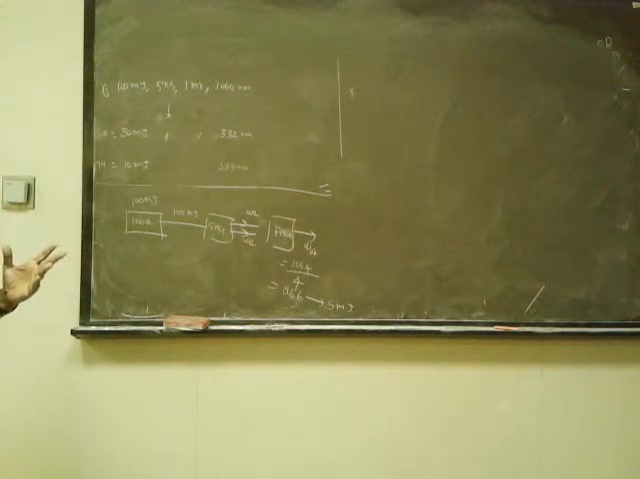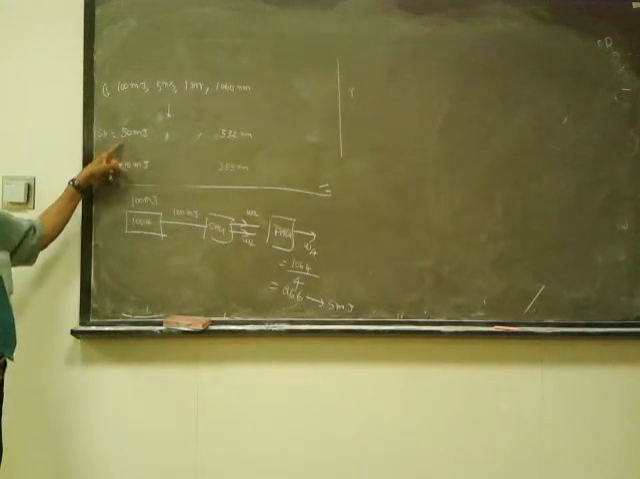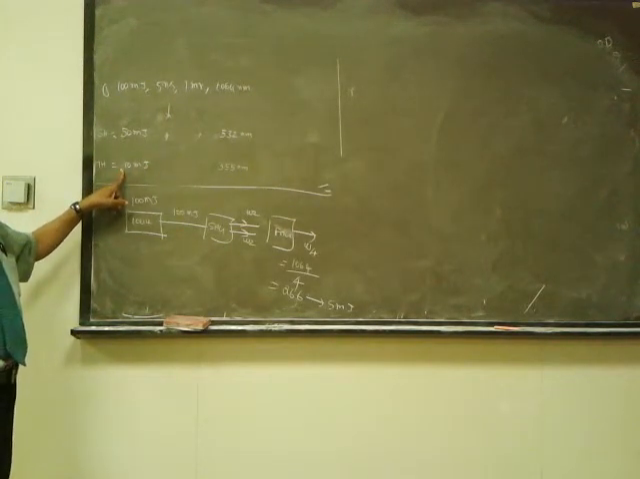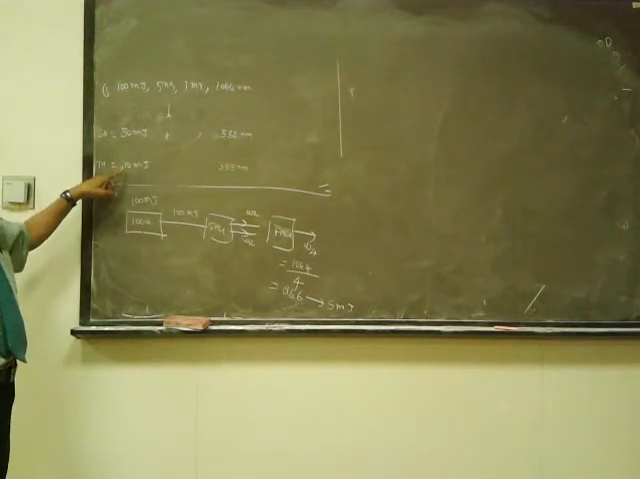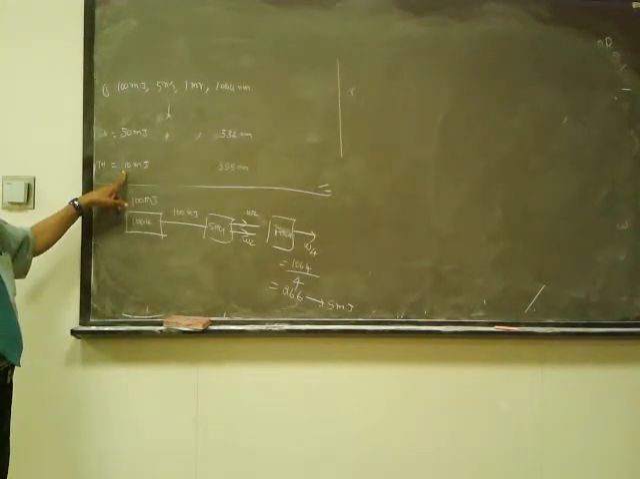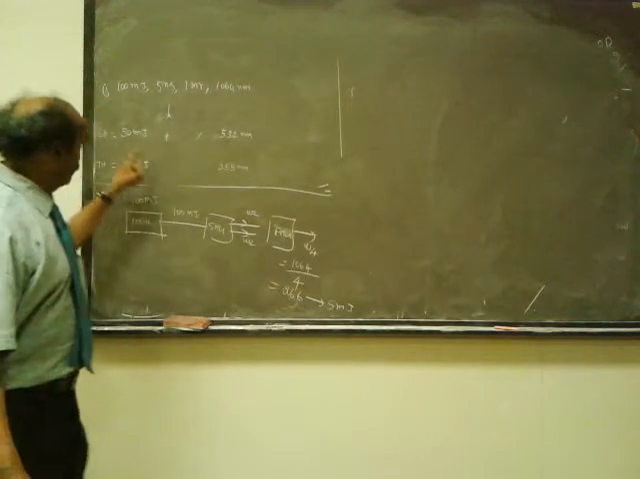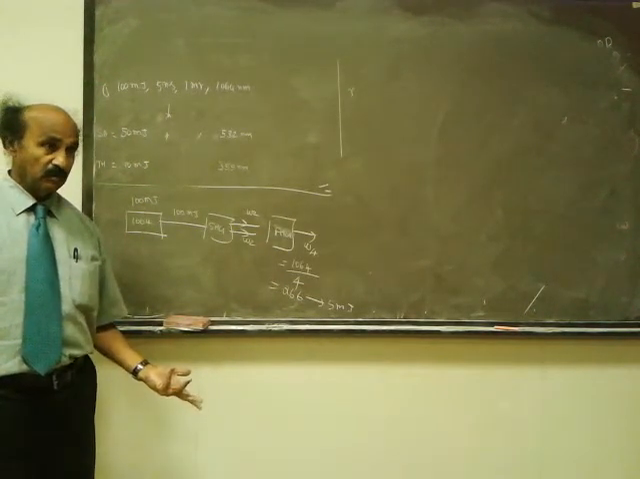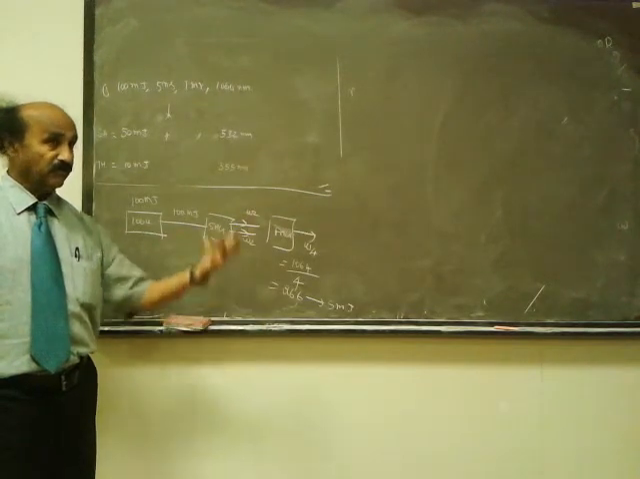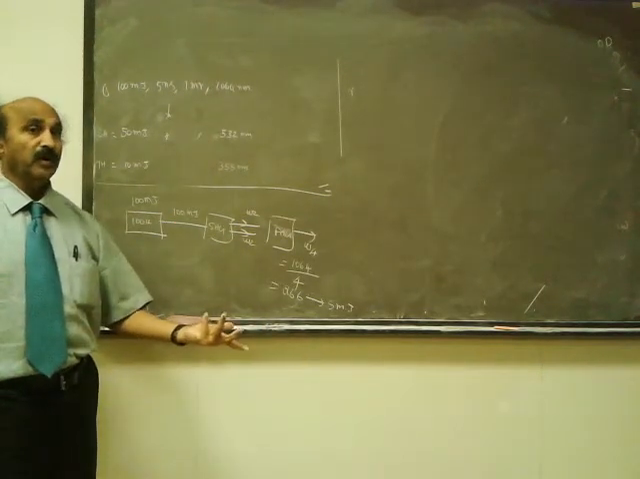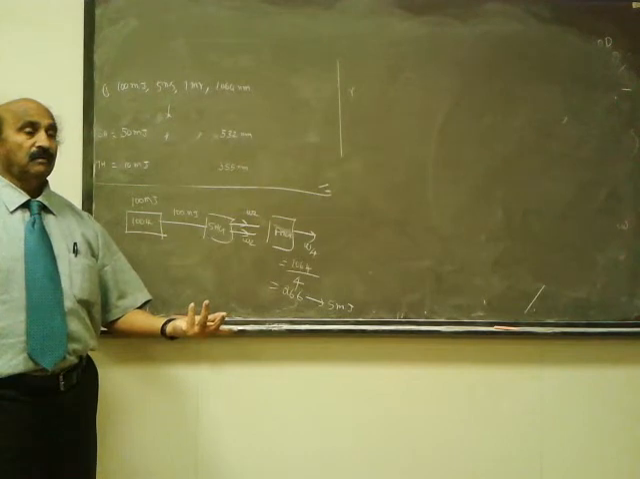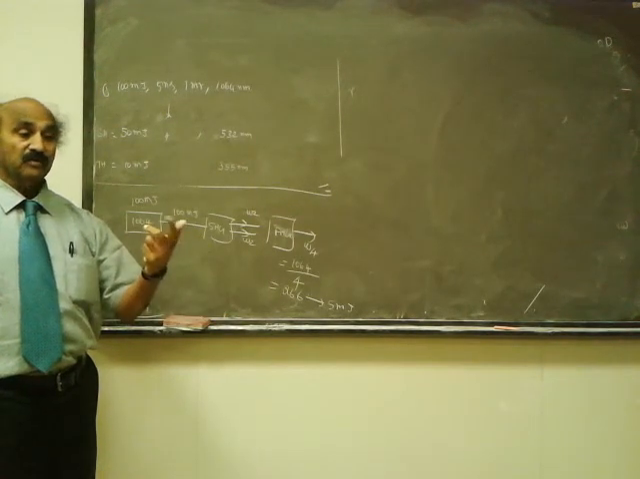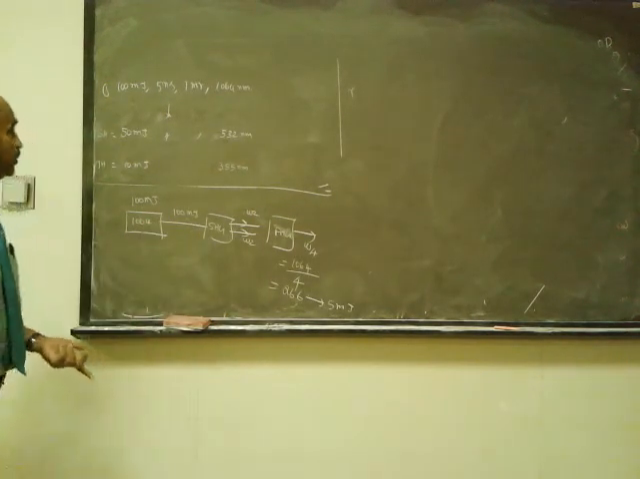Why? Here, the conversion efficiency from 50 to 10 means 20%, right? Whereas this one, 50 to 5 means how much? 10%. So the fourth harmonic becomes far lower. Why? Go back to the equation. In your equation you have, look at